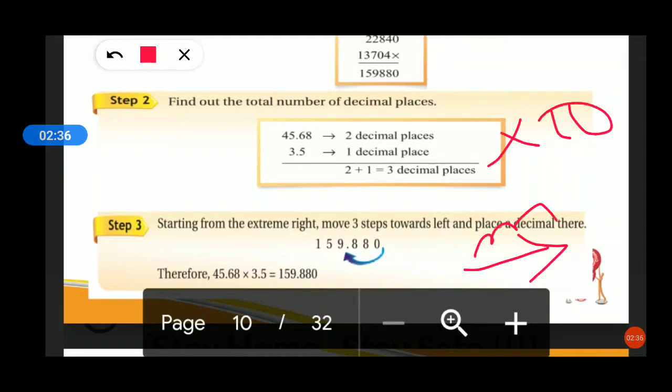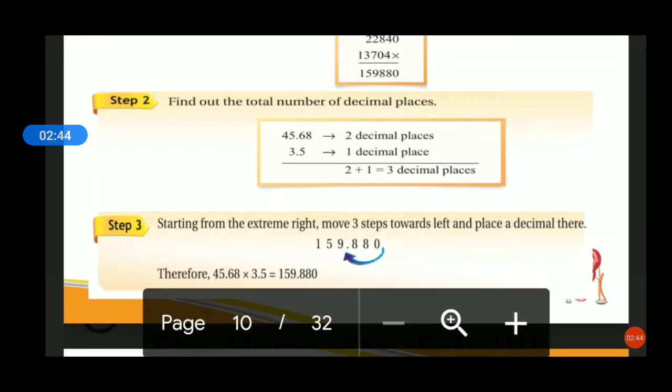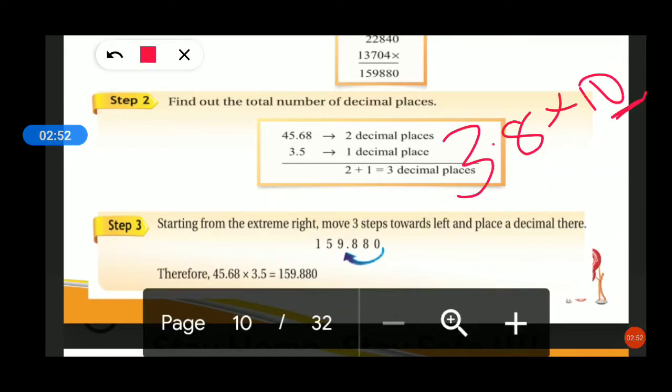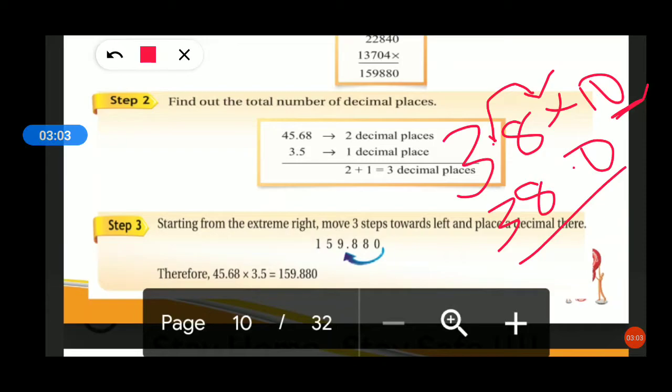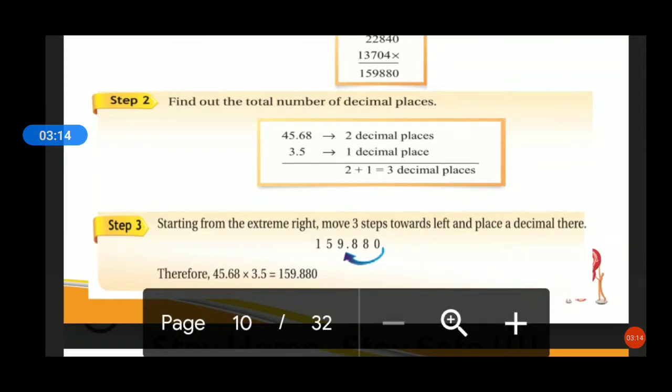Whereas in multiplying by 10, what I said, here I am saying 3.80. How will you do 3.8 into 10? Here only one zero is there, so you need to move only once. How will you move? Just move the point to the right. So 38.0. Understood, students? You need to move to the right here, whereas in normal multiplication you move to the right end of the product and then place the point counting from the left. Okay, students? Understood? Now we will see the next example.